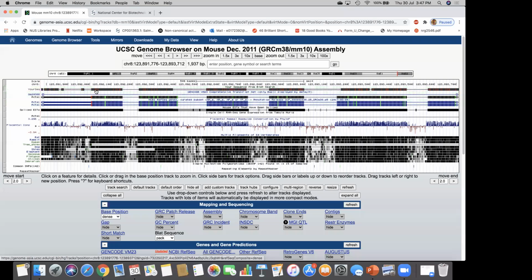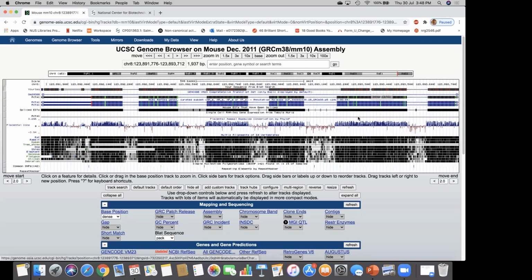Then you can also see here red small lines. That means they are the variations between mouse and human. For example, this region, this is the exon. These are the highly conserved regions. Some exons are varied between mouse and human, and some of them have small gaps.